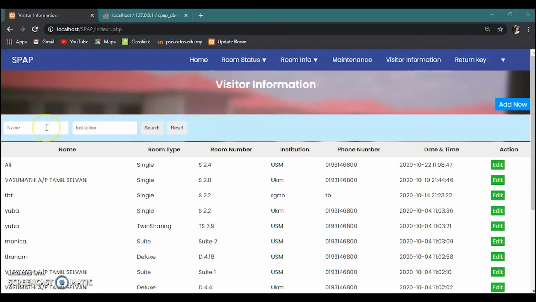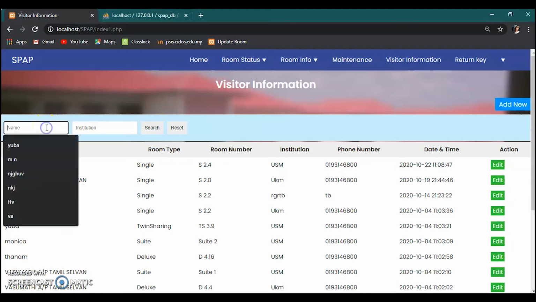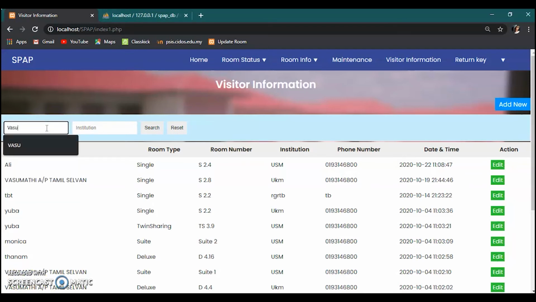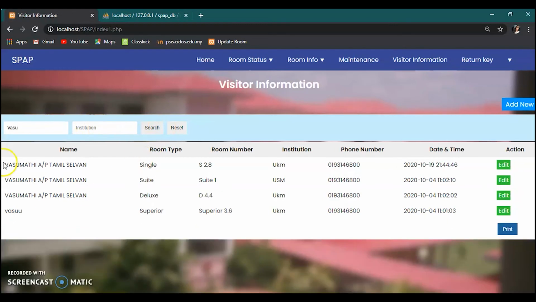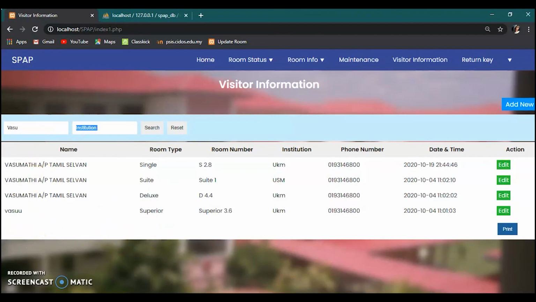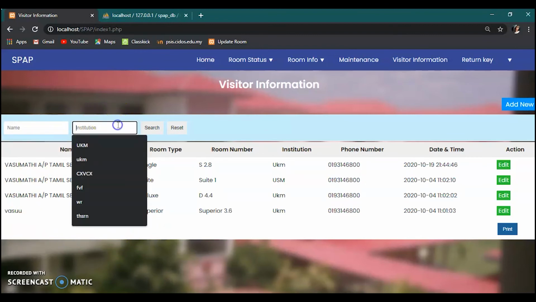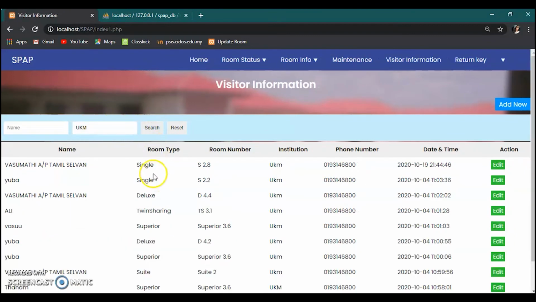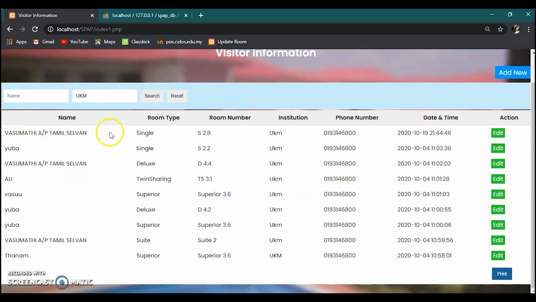If admin wants to search a particular person's information, they can click over here, example the name, and it will show all the data under the name. And if let's say they want to search by institution, example UKM, if they click on the search button, it will show all the visitors that came from UKM.